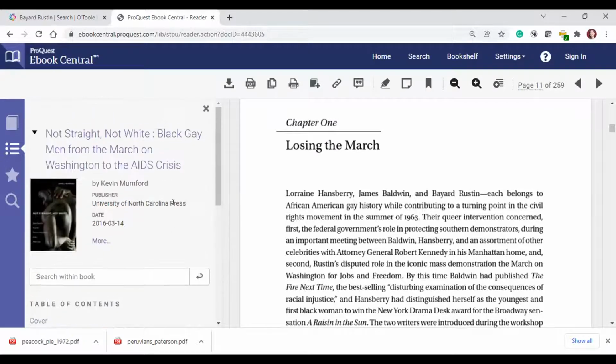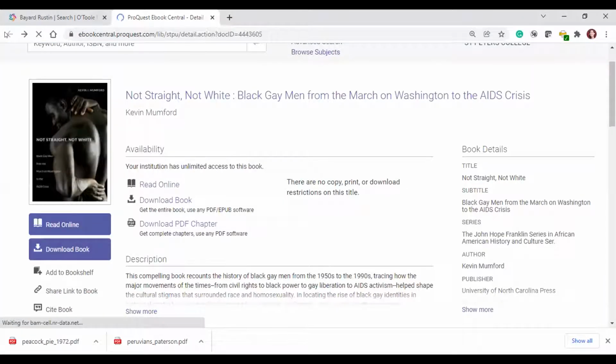And these books, this one's from University of North Carolina Press. Most of our ebooks are from academic presses and are scholarly academic books. There are some other options when you're in the ebook to download the book, either as an Adobe portable edition or